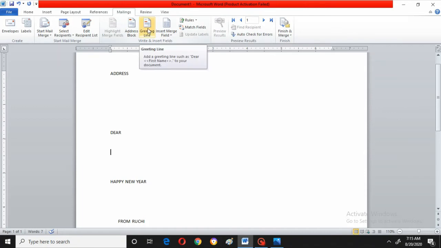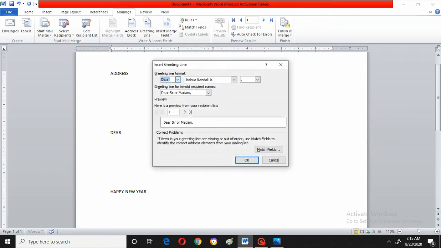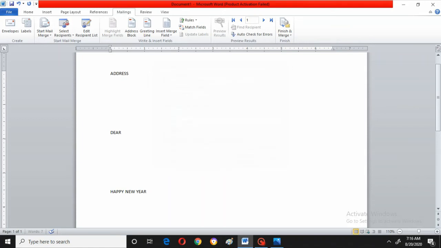See, greeting line is nothing but, instead of dear I gave here. Suppose if I have not given dear, and directly I will be going to what I will show here. I will enter one. Already dear I have written here, but if you have not written dear, you have to go to greeting line and see. Can you see here dear? Already it's there. So for first thing it is taking dear sir or madam. Okay, I say okay. Right, what is it? It is showing the greeting line. That means it is not taking the first recipient here only. Here only it will show after completing the mail merge, this one.